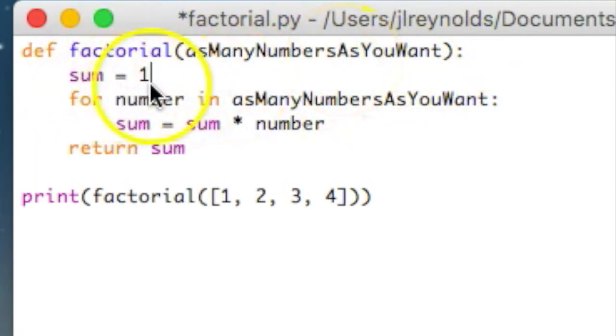So we're going to have the sum equal to 1. And basically what this loop means is for numbers in as many numbers as you want, meaning the numbers in these numbers are my choice. I can flip-flop them, switch them around, whatever I want to do. So for the number in as many numbers as you want, this is the code that's going to loop over